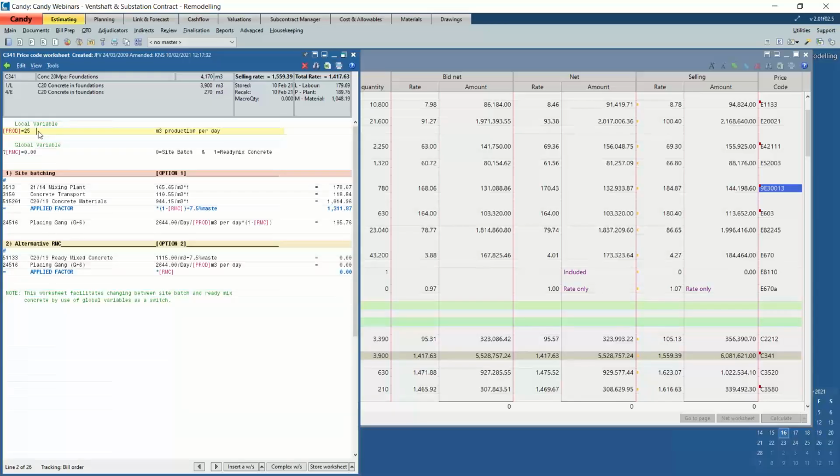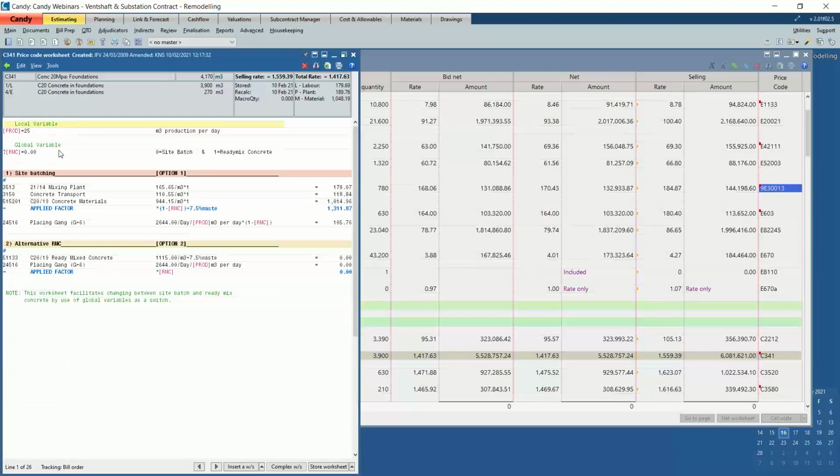So for example, our local variable here is being applied for production purposes. So wherever we have PROD, it is actually that 25 production. So if I change one here, it changes wherever it's been used in a worksheet, and it can only be